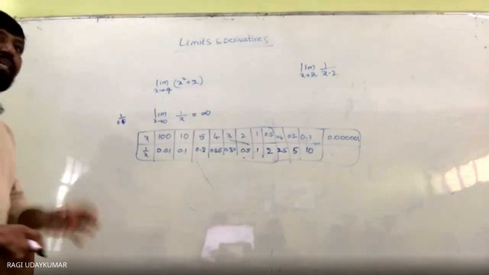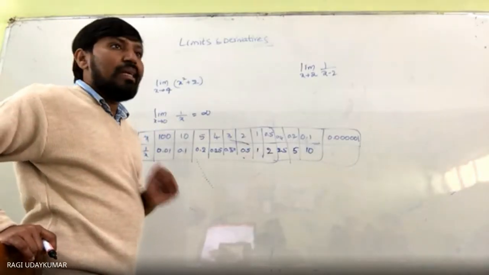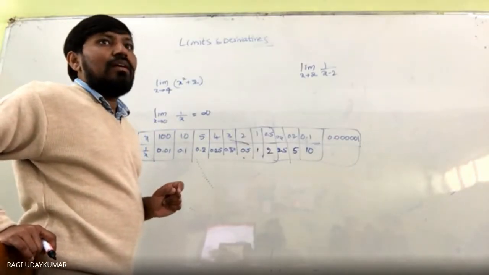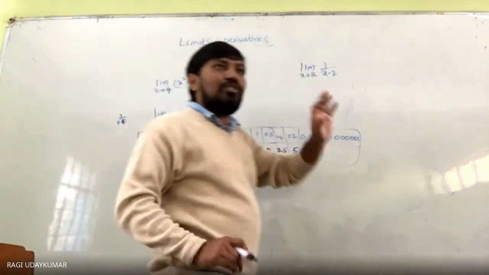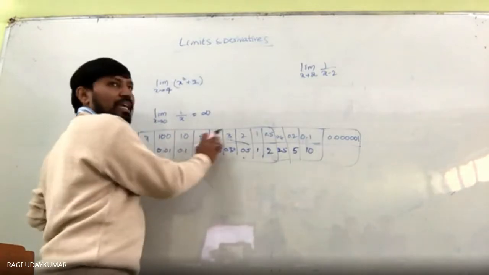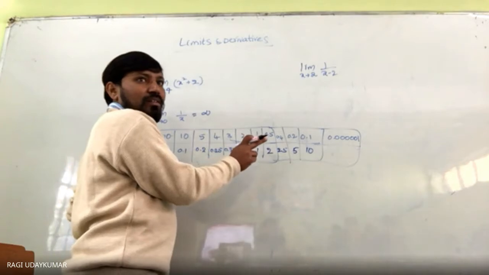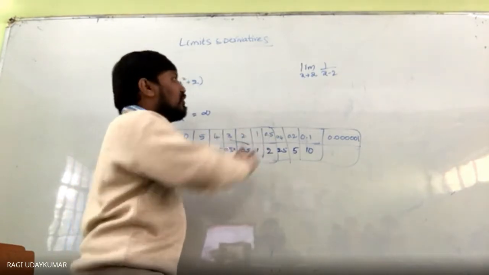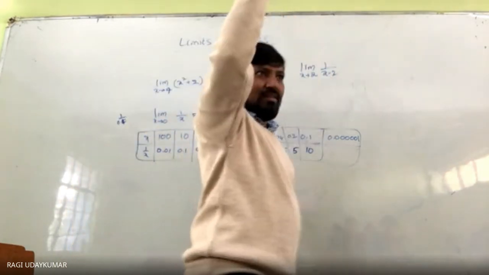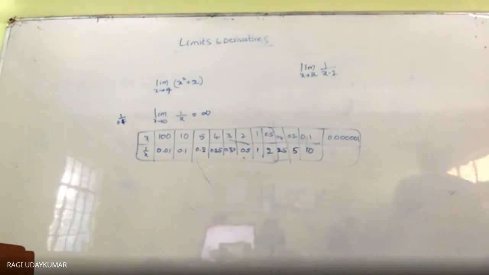So this is a basic concept of limits. How will it work? Normally check like this only. You take the x values, calculate 1 by x minus 2, and go on. You take the x value very small, near to 0, and 1 by that negative number you are going to get. See here, this number, you may get it.